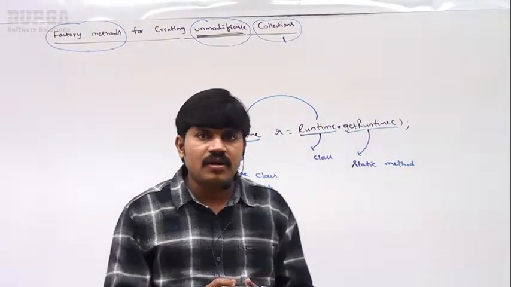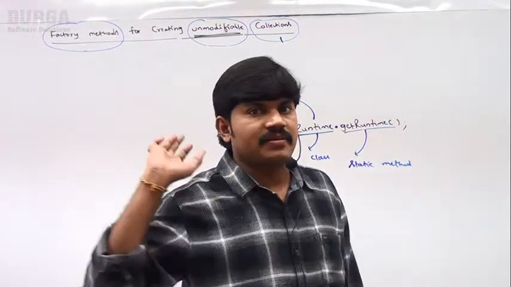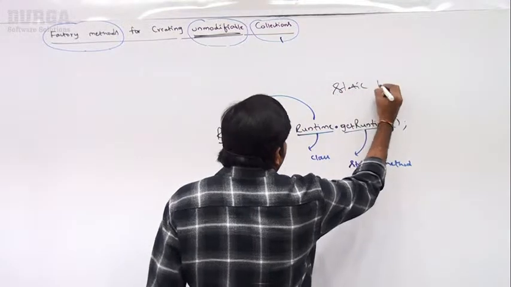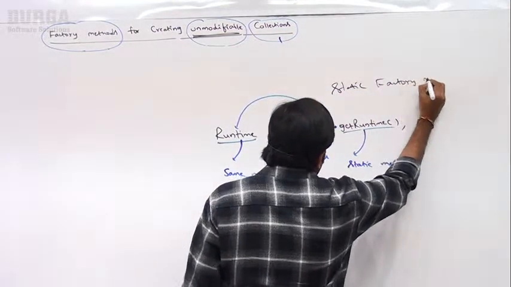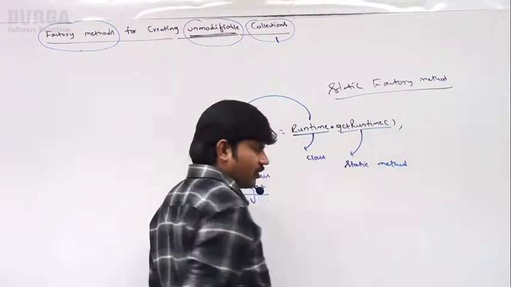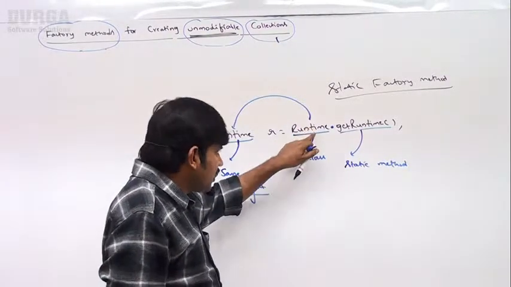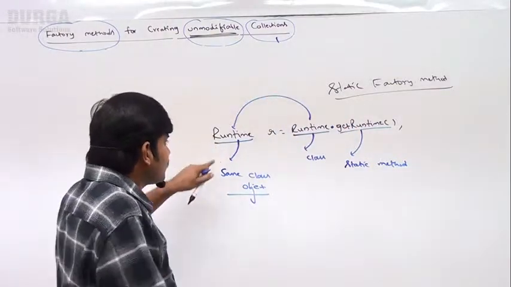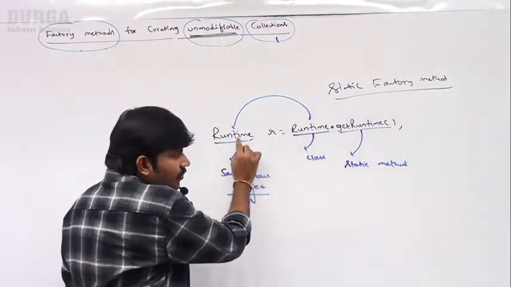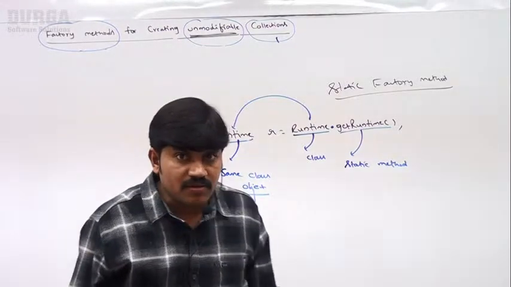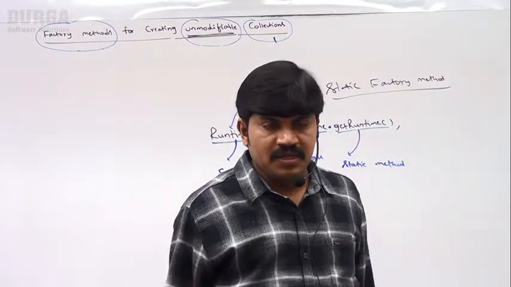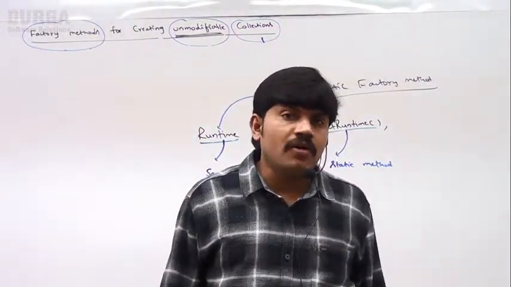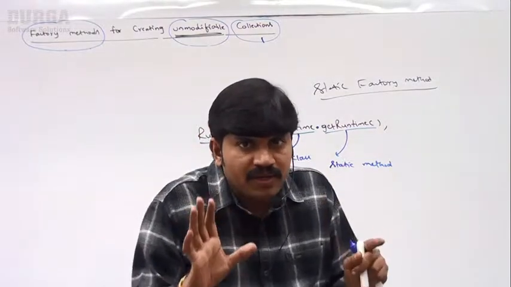Such type of method is called a static factory method. Remember this, sir. What is this method? Static factory method. So by using the class name, if we are calling a static method, and that method returns the same class object, such type of method is called a static factory method. In your design patterns or frameworks, you will get much clarity, but up to that, remember,